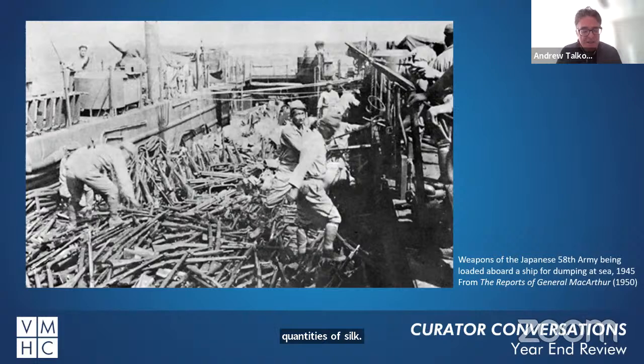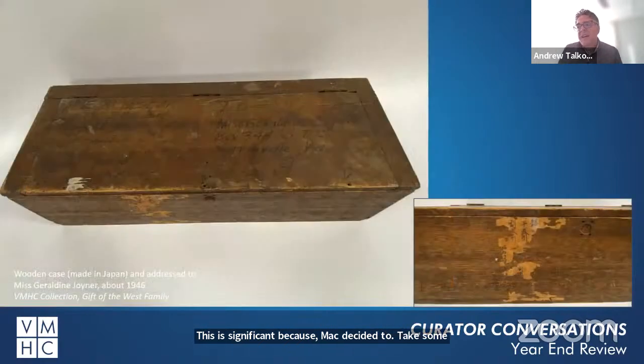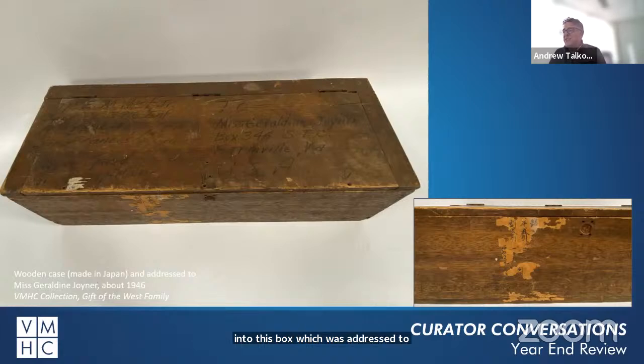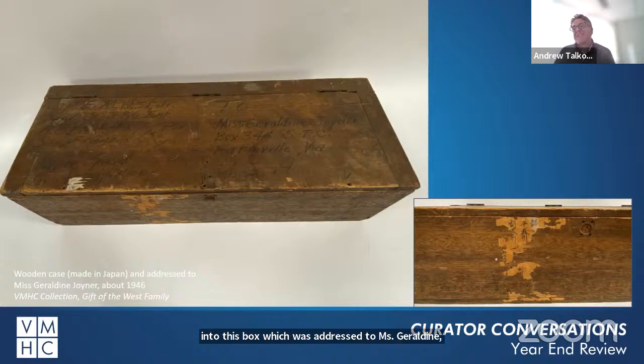This is significant because Mac decided to take some silk, like many other soldiers, and he likely packed it into this box, which was addressed to Ms. Geraldine Joyner in Farmville, Virginia. His return address is in the upper left-hand corner. And in this inset, you can see the Japanese writing. So this was a box that he collected in Japan while doing his work,